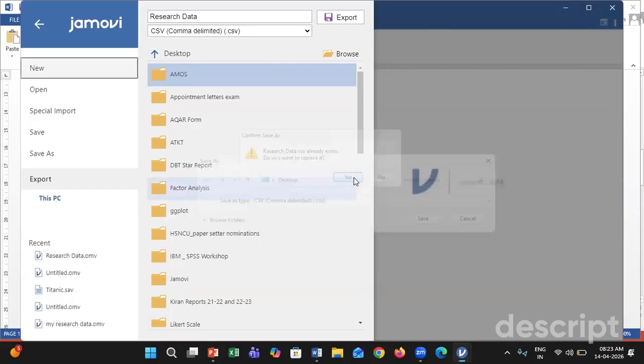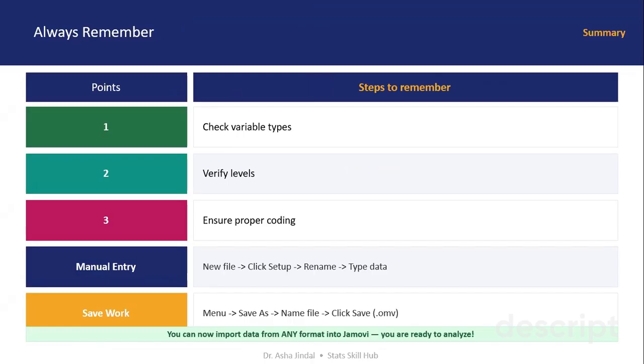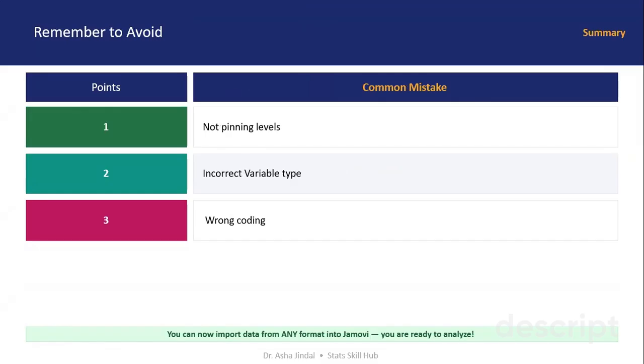See, yes. Before ending, always remember to check variable type and levels, and ensure proper coding. Avoid not pinning levels, incorrect variable types, and wrong coding. This will make your